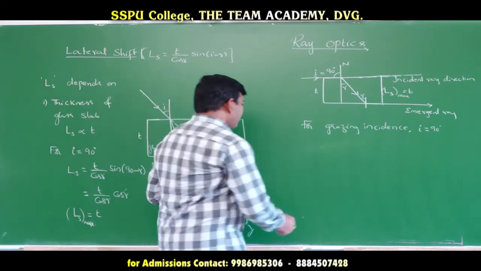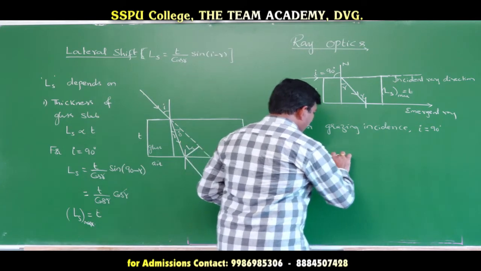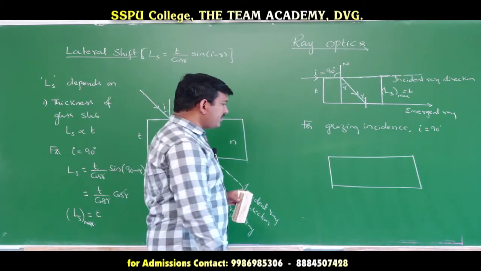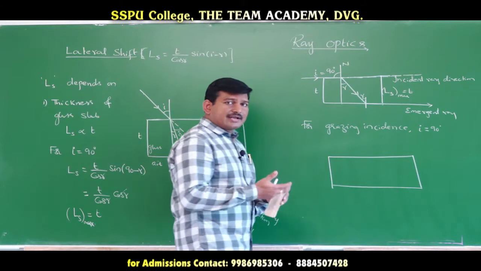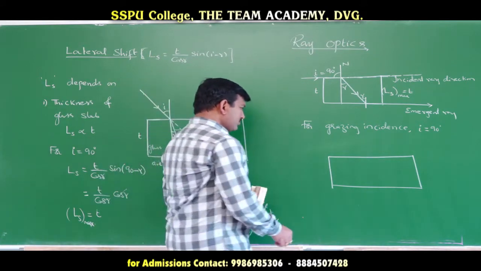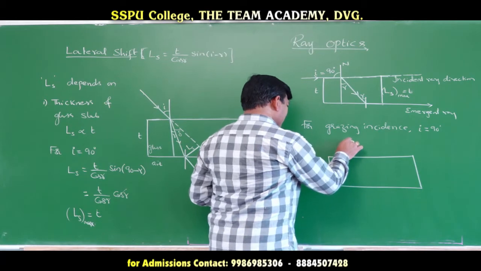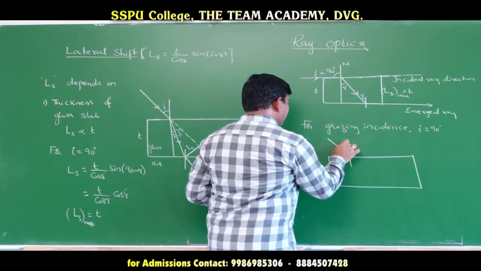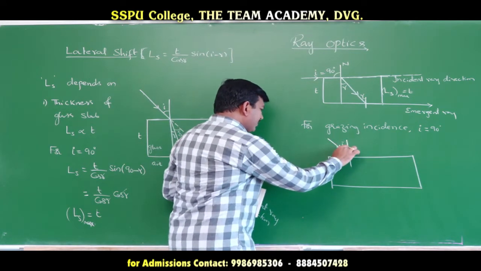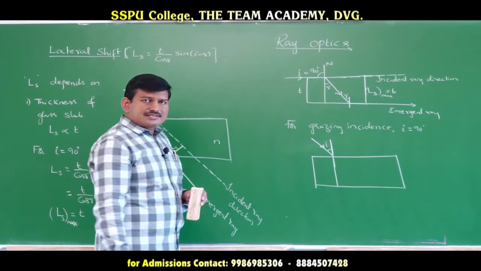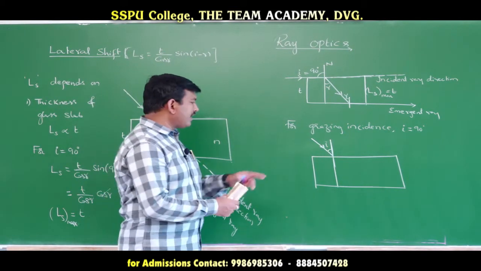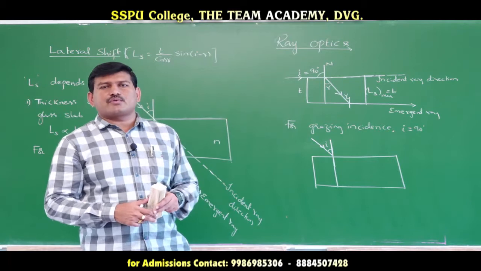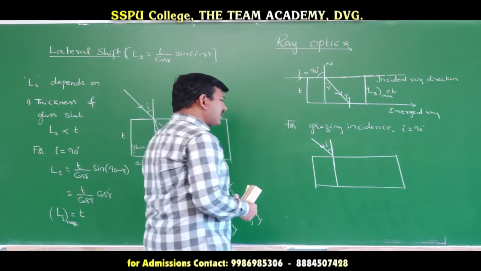Let us consider this is the glass medium, which is also a dispersive medium, meaning it has the ability to split white light into its 7 consecutive colors. Such kinds of mediums are said to be dispersive mediums. Now let us consider white light incident on the glass slab at some angle of incidence. If you observe here, are all colors deviated by the same angle? When white light enters the glass slab, the glass slab splits the white light into its 7 colors. Therefore, glass can be taken as a dispersive medium.